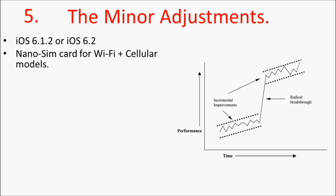Nano SIM would be good, and I'll explain more about that later on. So you can then use Wi-Fi models with cellular models and all that. But by making it smaller, it can leave more space for other components inside the device, including battery life, for example. Stereo speakers are definitely a must. They can't leave these out in this generation because it's always been a mono speaker ever since the 1st generation,